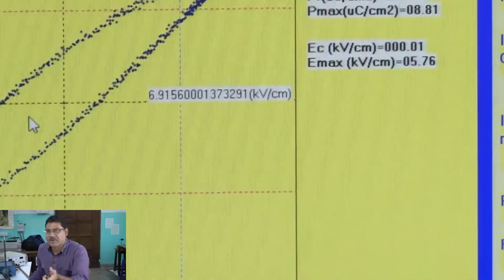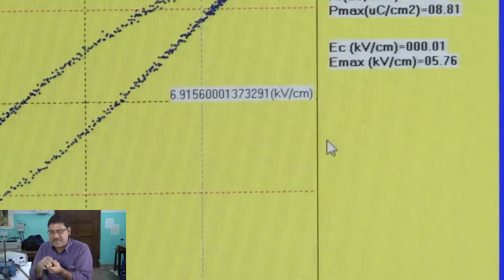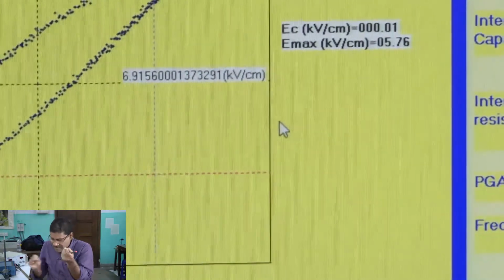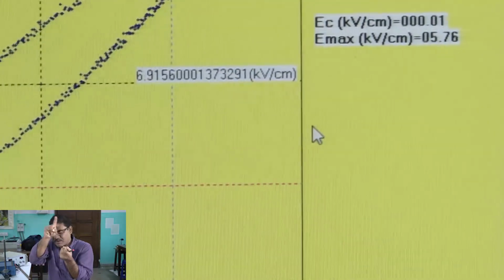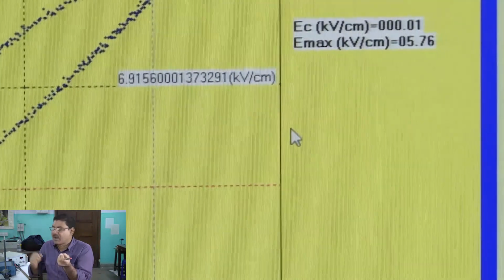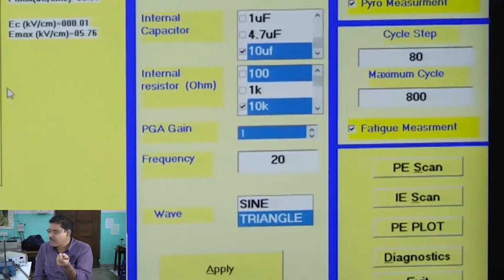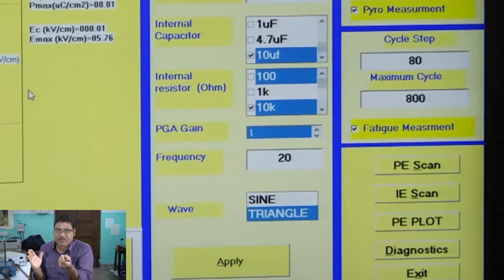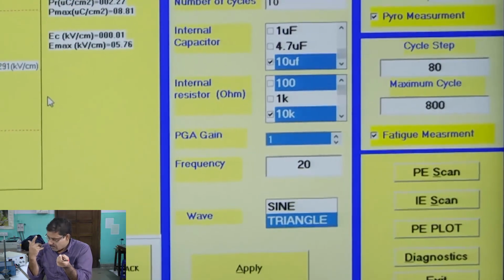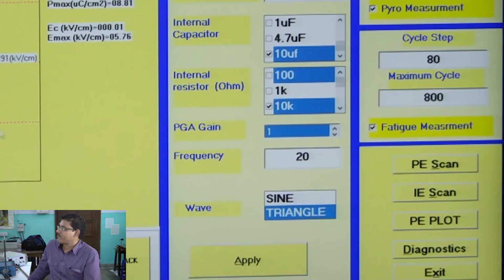Now, for different temperatures, you can get these values and plot them. If you plot PS as a function of temperature, you will get this type of variation of P with temperature. So, one can find out the Curie temperature. In the computer we have this option for doing the experiment with temperature, which means it will vary the temperature.